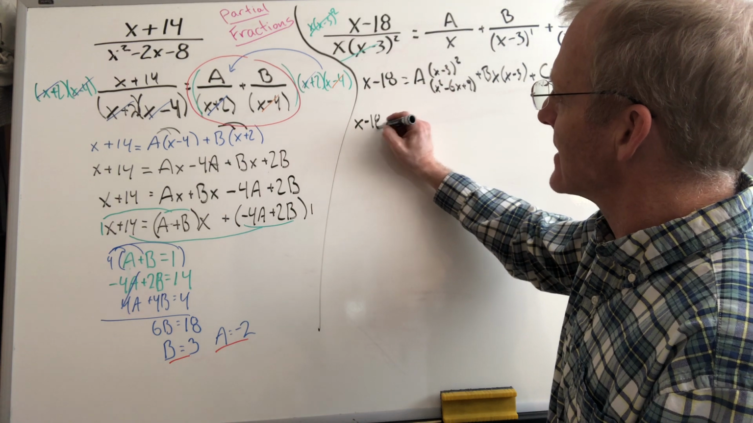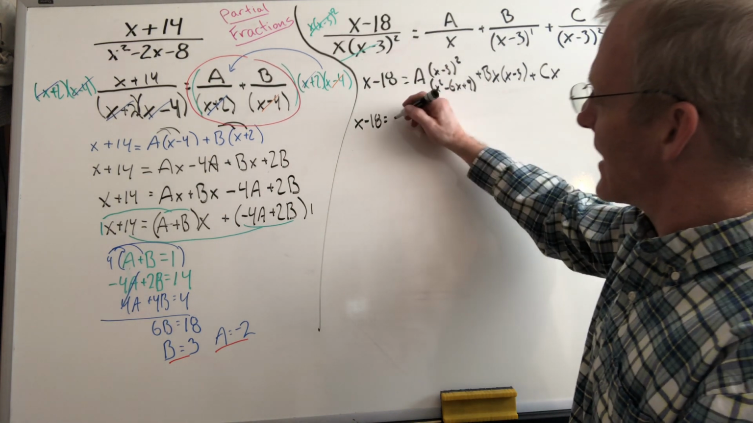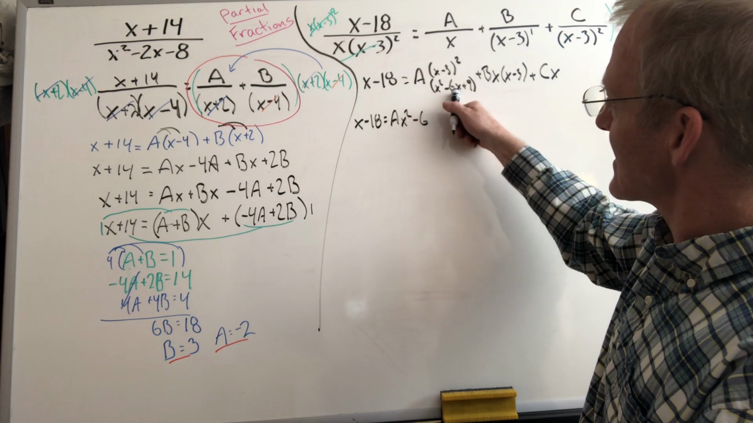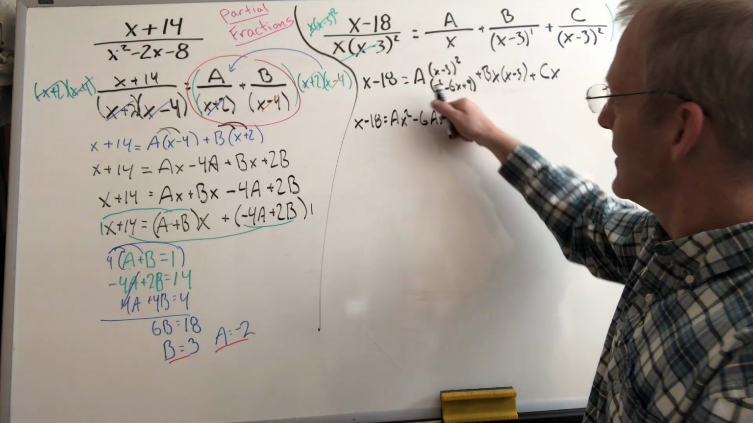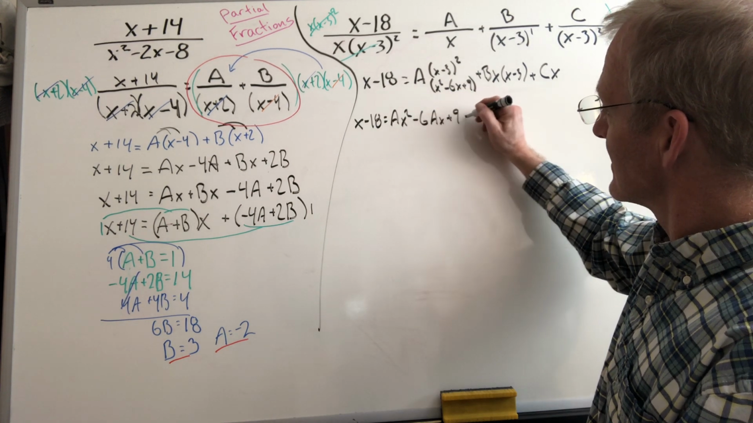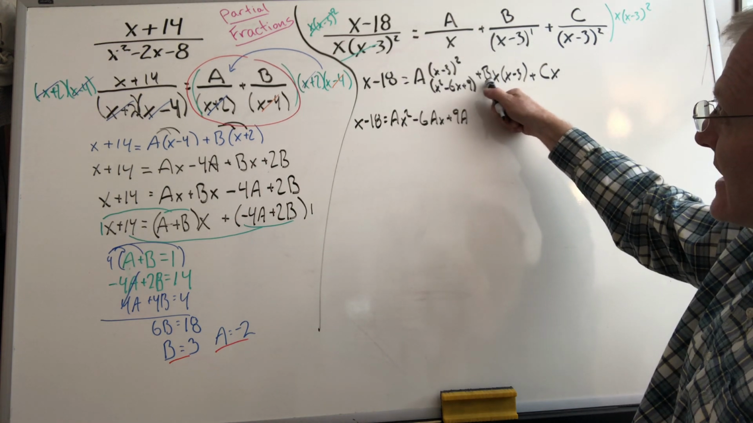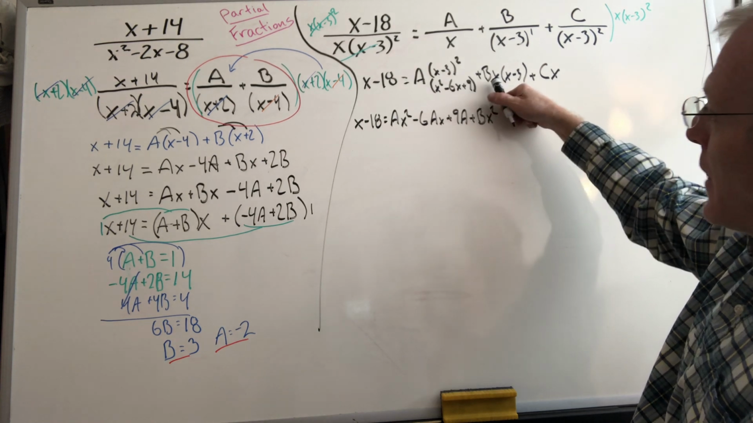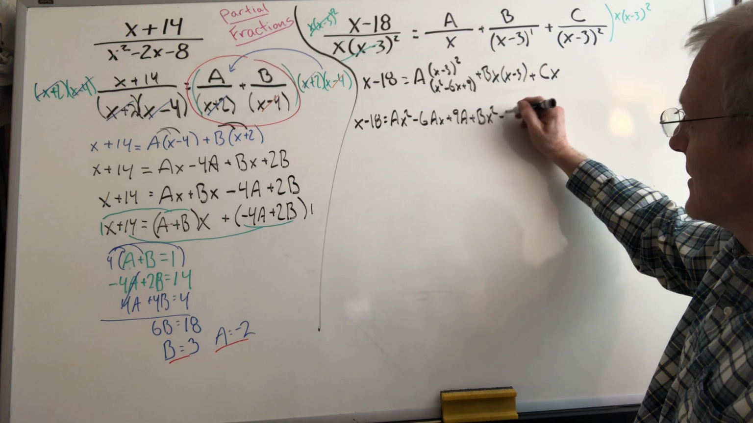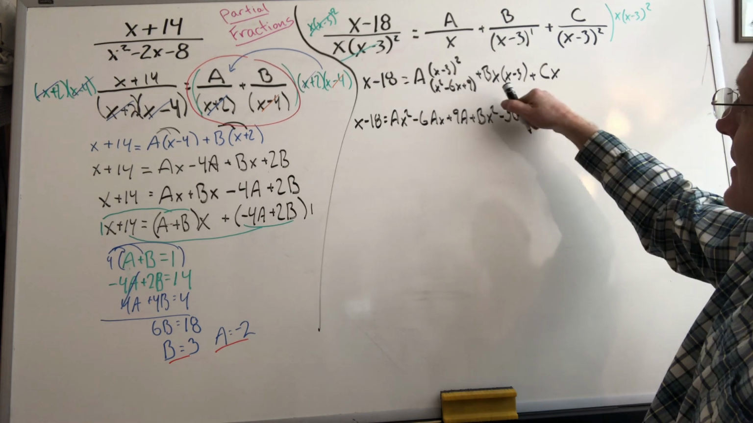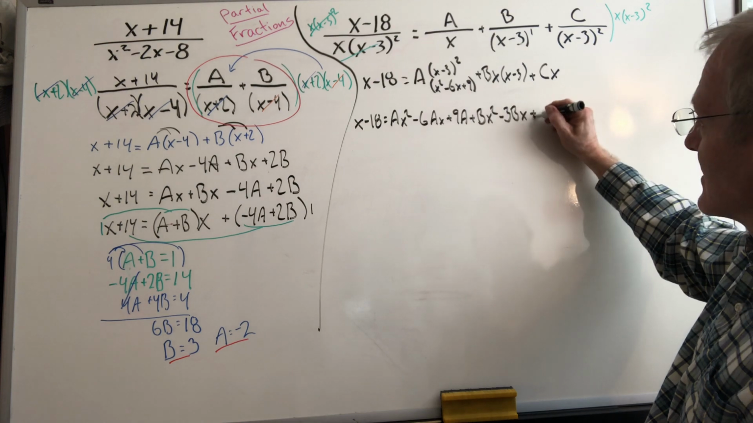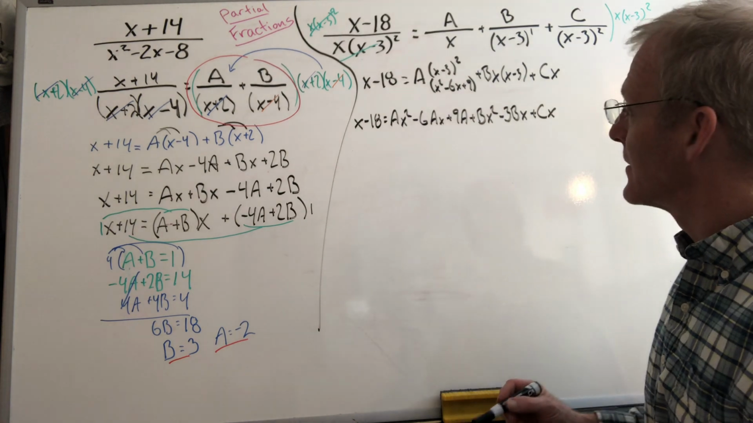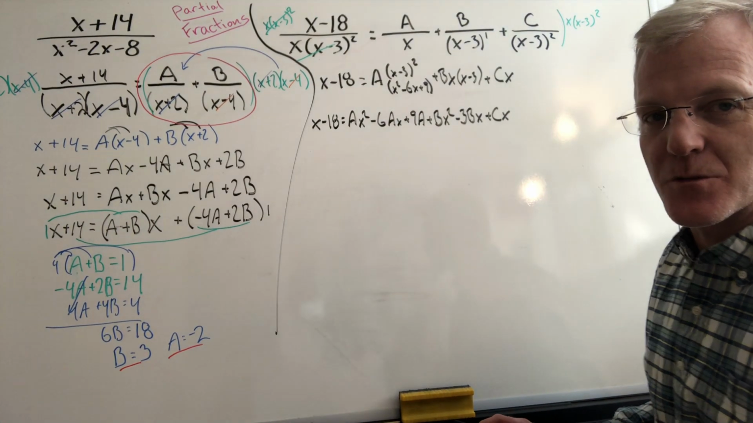X minus 18 equals ax squared minus 6ax plus 9a plus bx times x, so we'll say plus bx squared, plus bx times minus 3, bx, and then finally plus cx. Okay, now here's what we're going to do. I'm going to slide over a little bit, give us a little more space there. Okay,